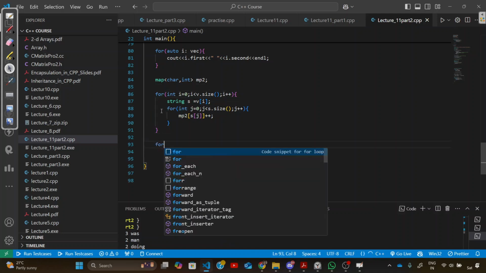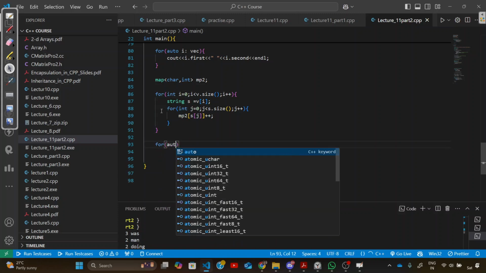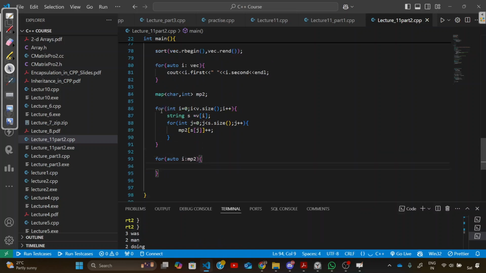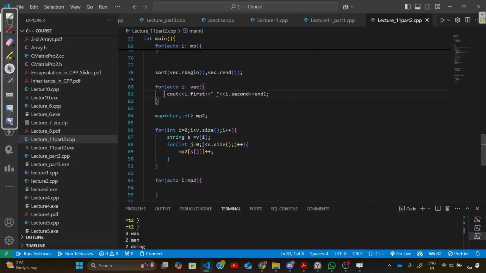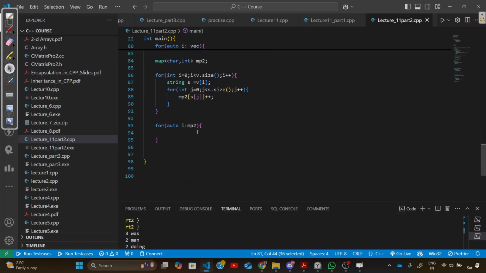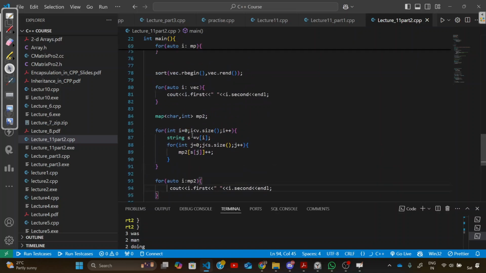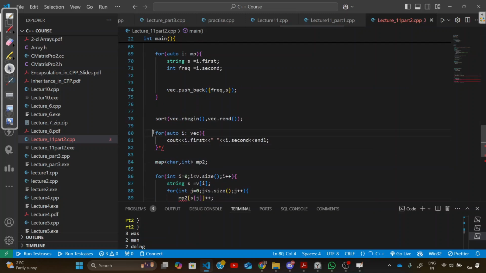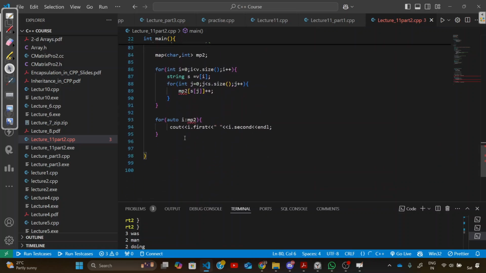Again, same stuff for auto I in now in MP2. And then just count this like this. Same stuff. Let's try to comment this out so we don't see these things. Yeah, let's try to see this now. We just clear this for you. Okay,